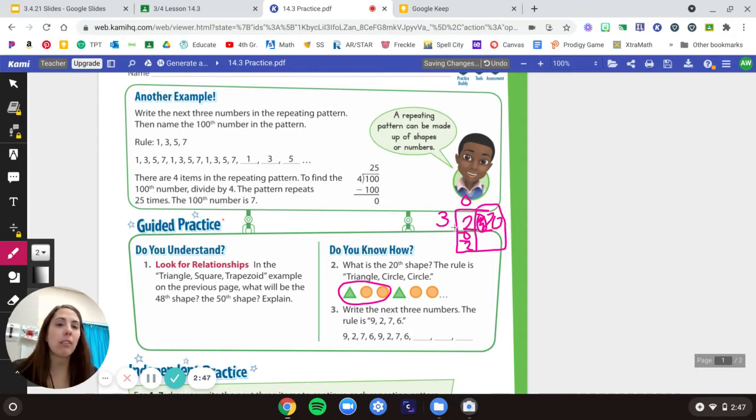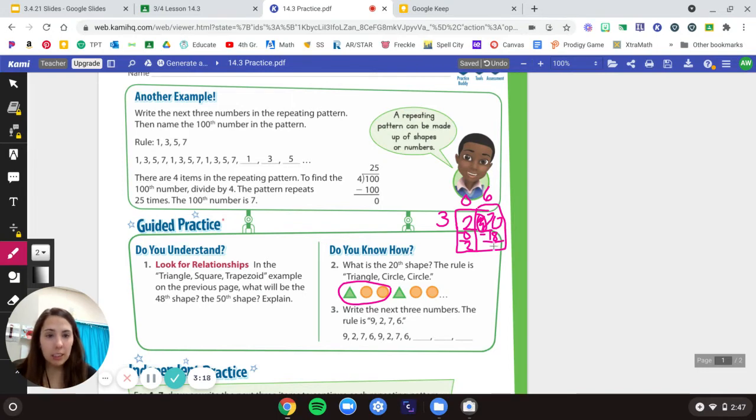So how many threes can go into 20? 3, 6, 9, 12, 15, 18, 21 is too big, so 6 times. 6 times 3 is 18. And then we're going to subtract. 20 minus 18